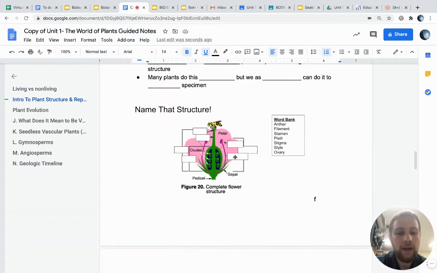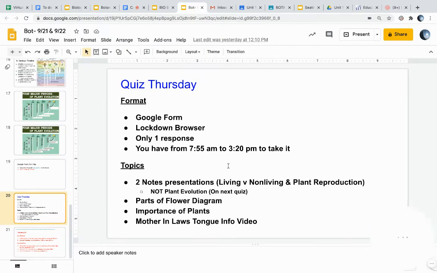Make sure you know this diagram. I guarantee you this diagram will appear on the quiz. So I don't want there to be really any secrets here regarding what I'm assessing. So those two presentations, not plant evolution, though you want to go ahead and complete that exit slip for your homework grade for Thursday. There might also be a quick question on the importance of plants, kind of why are plants important,